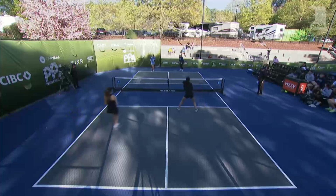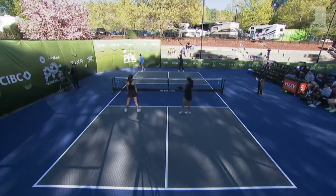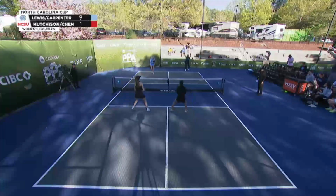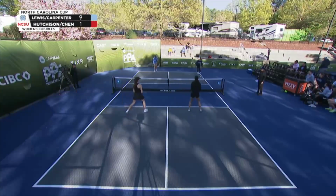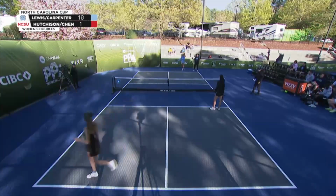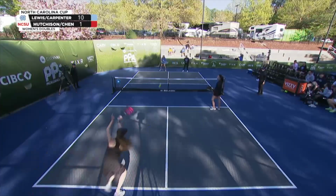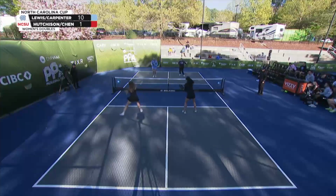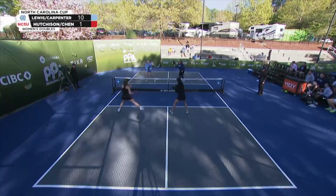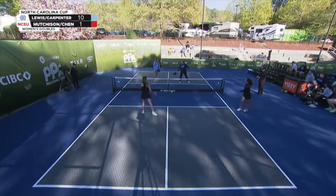NC State is also playing straight up with both players starting on the opposite side and now staying. So we will see if they adjust that as well. Don't see a lot of non-stacking anymore, especially at the higher level of pickleball. Yeah, I think that's a great point. You start to see some half stack in the men's doubles right now, and I think Catherine and Anna Lee